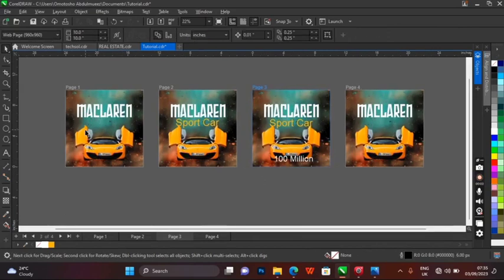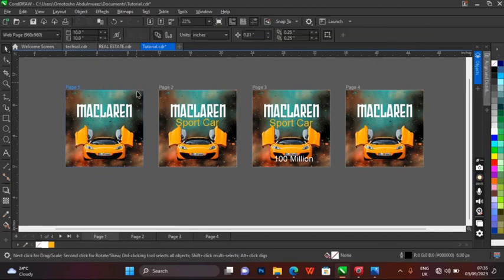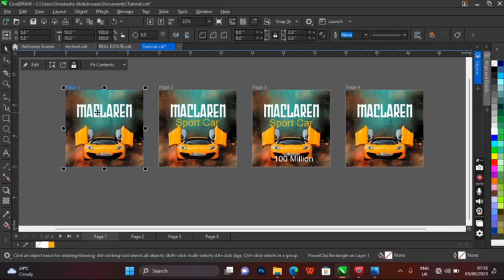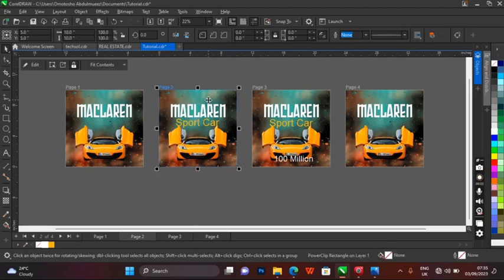Now, in this first one, we have 3 major elements. Let me ungroup it. We have this text, this car, and this background. Here we have first text, second text, a vehicle, then the background. Here we have 3 texts, a vehicle, and the background. So the first one has 3 elements, the second one has 4 elements, and the third one has